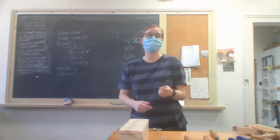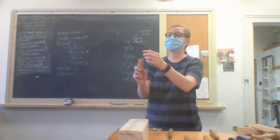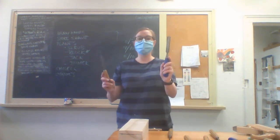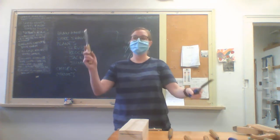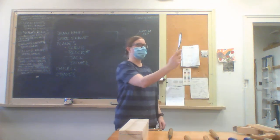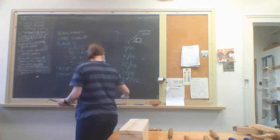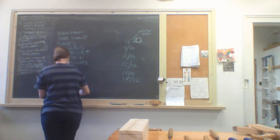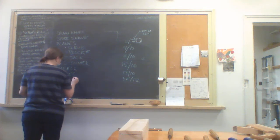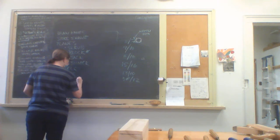So what do those letters end up standing for? In this case, this 1S16, S stands for skew. Just like the chisels here have a square end, skew chisels do not. They are skewed off to the side. They're also sharpened on both sides. So for your gouges, you'll have regular round ones, V gouges,